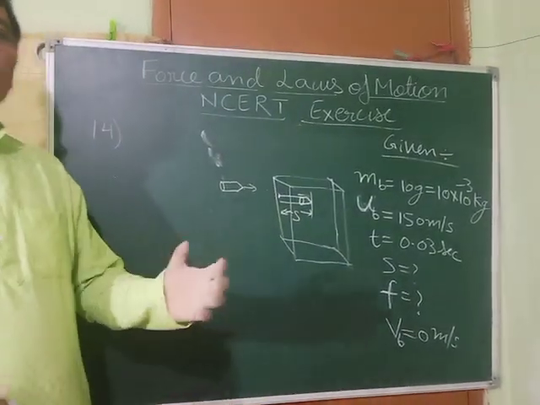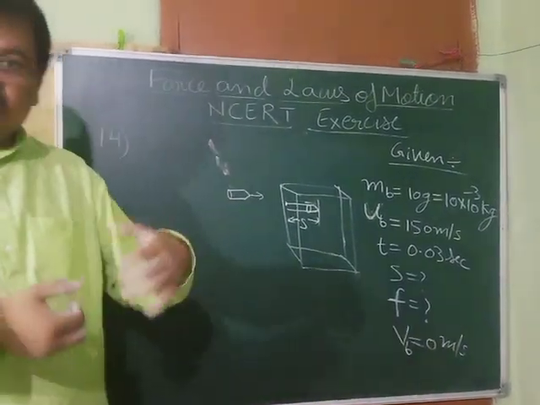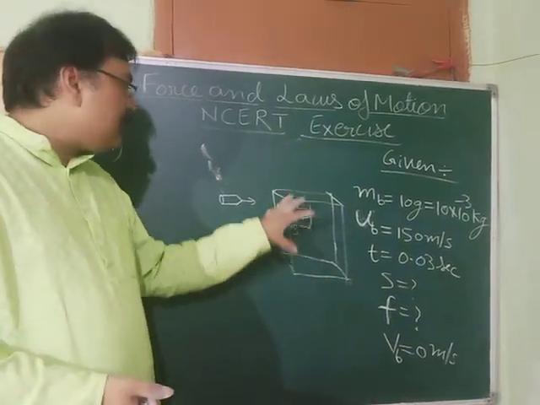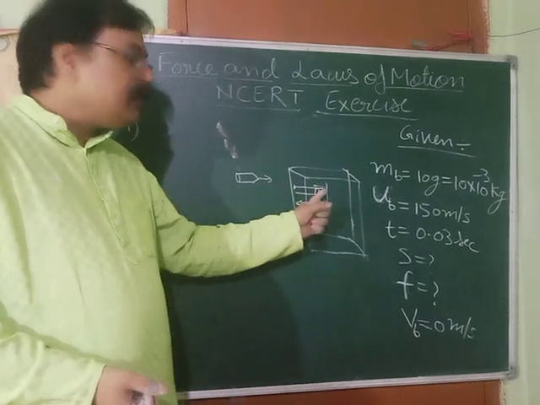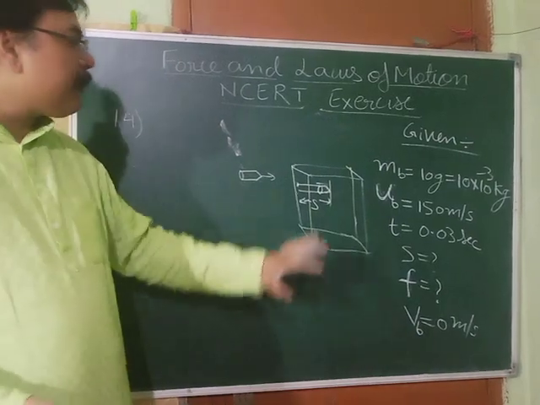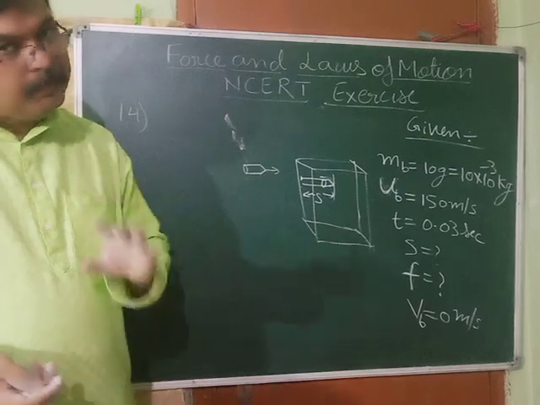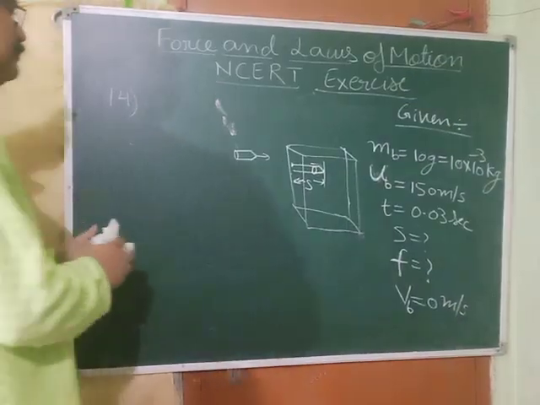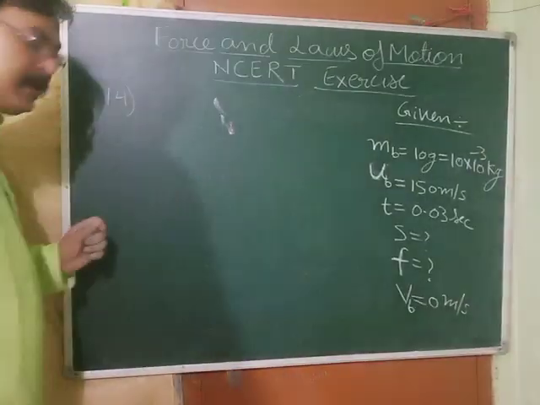And you know very well, when a body is traveling with some velocity and coming to rest, that means some retarding force is acting, some opposing force is acting on the bullet. Obviously, who is applying here? It is the wooden block going to apply the opposing force on this bullet, and that's why this bullet, after penetrating a distance of s, it comes to rest. So that force which the wooden block is applying on the bullet, that we have to find out. Clear? Okay. So now what we will do, let's see. First we have to find out the s, the distance it has penetrated.